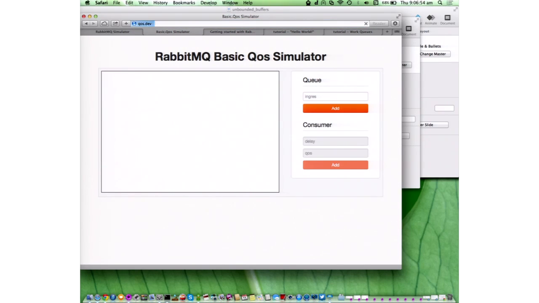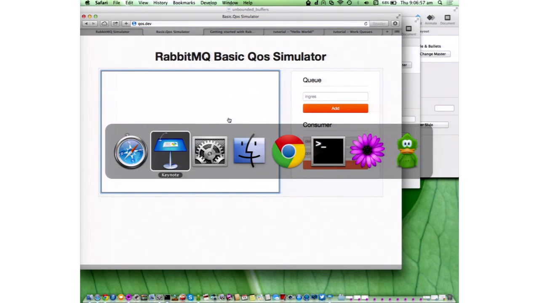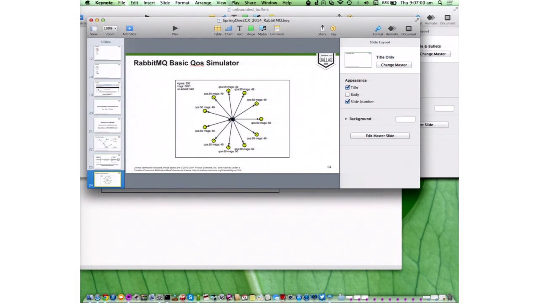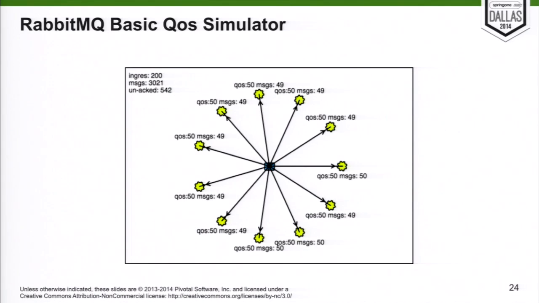So I mentioned something about memory. Rabbit is not going to run out of memory. It has a mechanism where you can tell Rabbit what the memory watermark is. And if you reach that watermark, as a percentage of your available memory, Rabbit will pause all the producers, and it will prioritize consumers so they drain the queues. If you're running out of disk space, Rabbit will do the same. It will pause the producers and then let the consumers drain the queue. So Rabbit has this mechanism to prevent us from running out of memory.